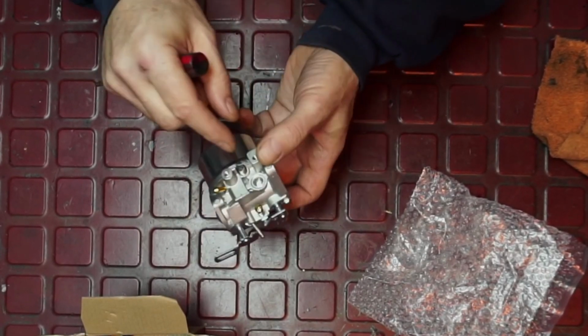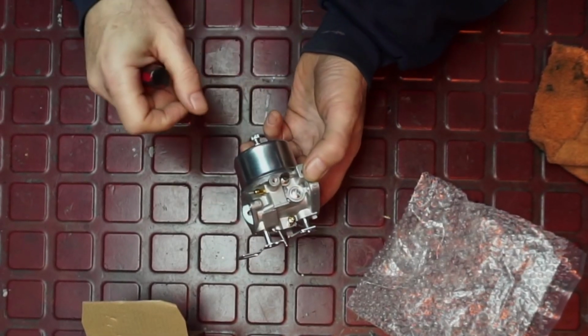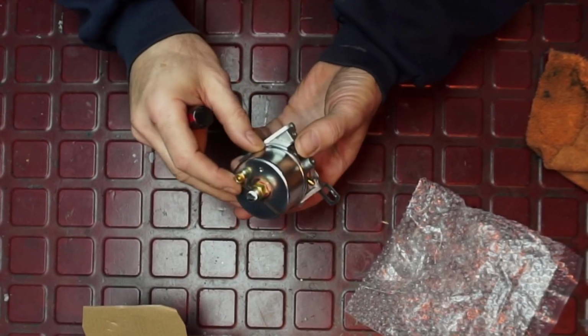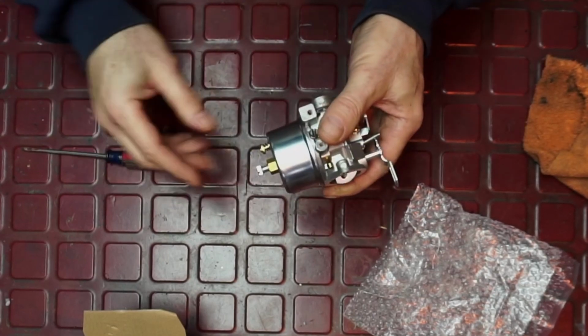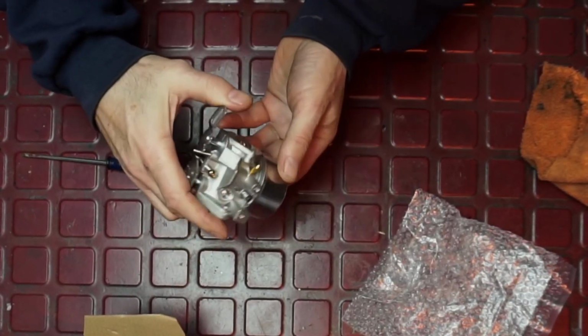You would set it here, and then you would adjust this screw for the best mixture, what we call lean best. Over here is just the pickup tube for the primer. And another nice thing is it has the valve over here, so that's actually really nice, right? Because you can purge any fuel. So if you have a shut-off valve,